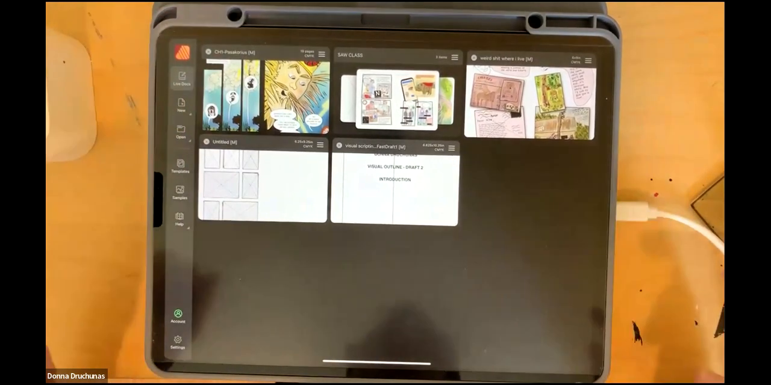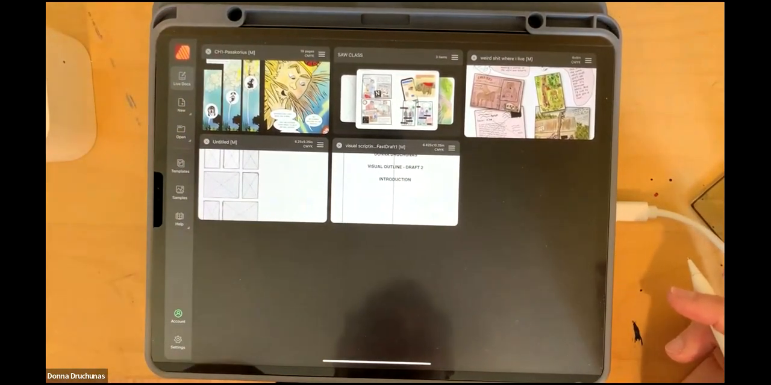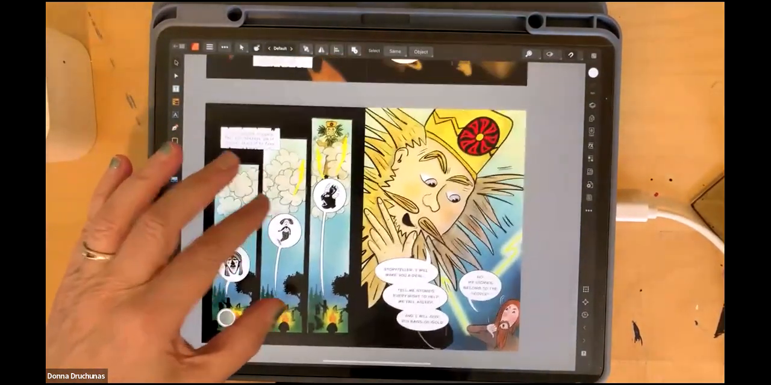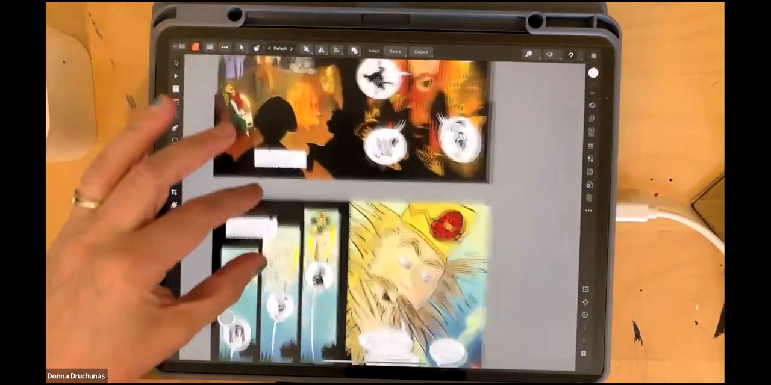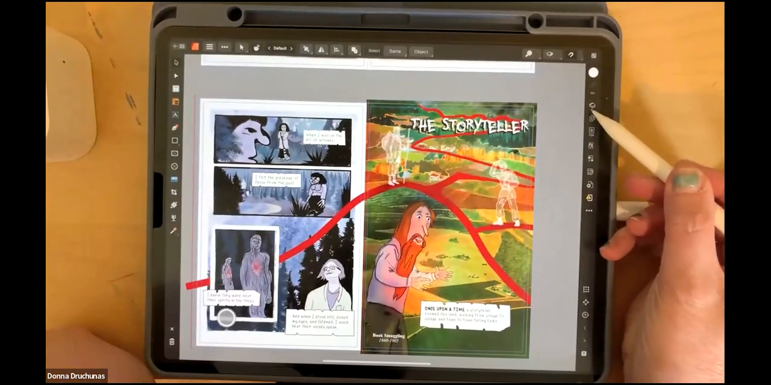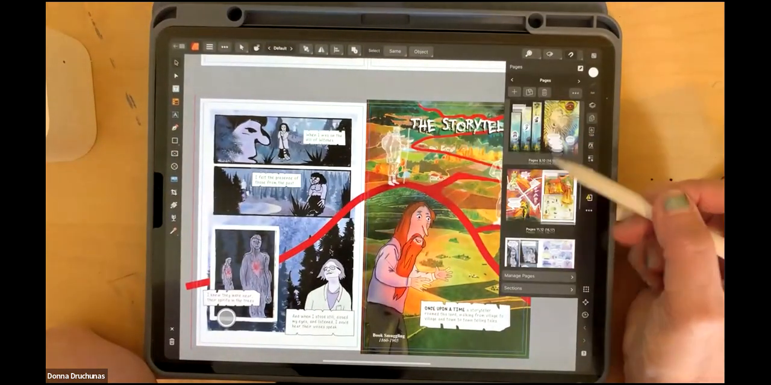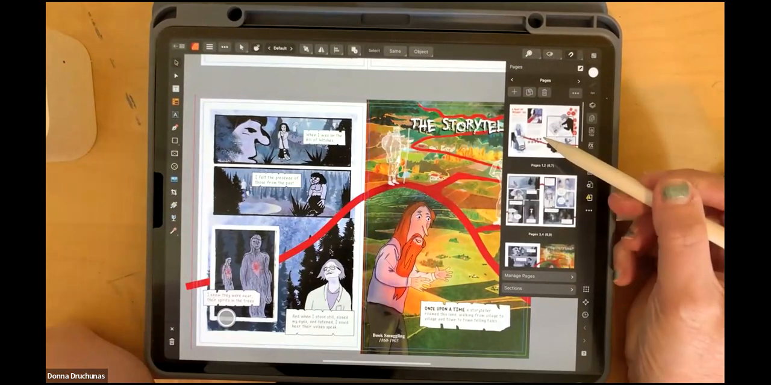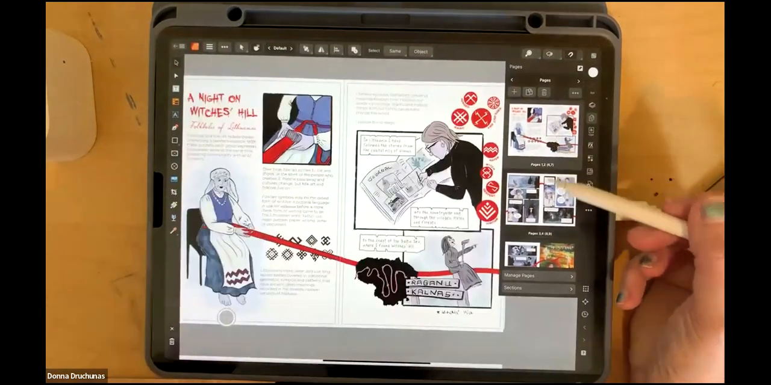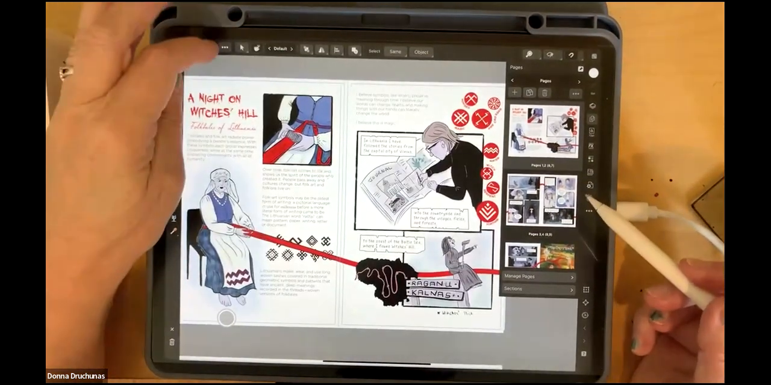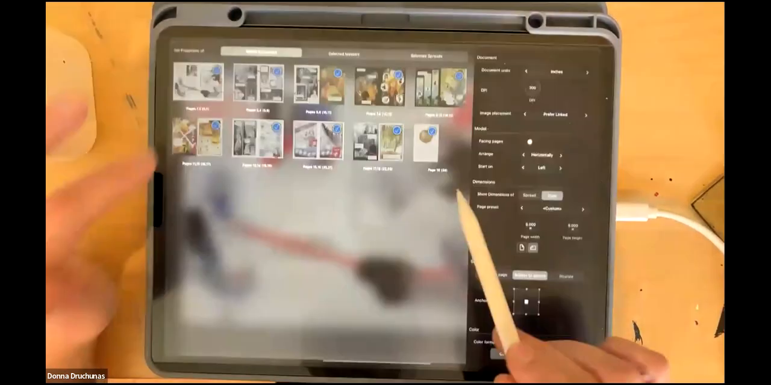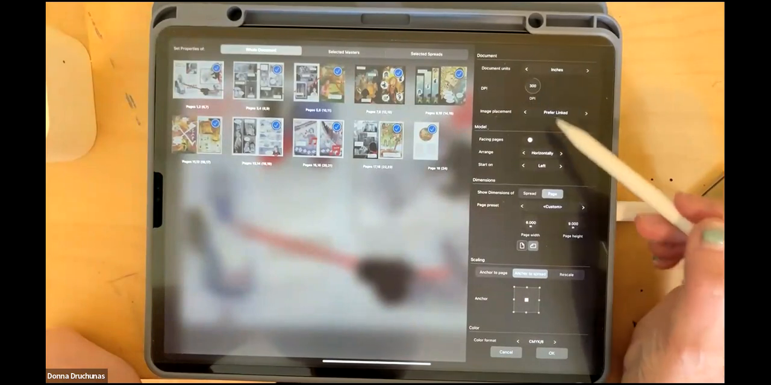So last app, Affinity Publisher. I did a lot of comics in this. So here is a comic I did. First of all, you can see it has many pages. So it has a layers list, but it also has a pages list. So I can go through my document from page to page and all of that. When I made my new document, and I can go look and change it in document setup, it has